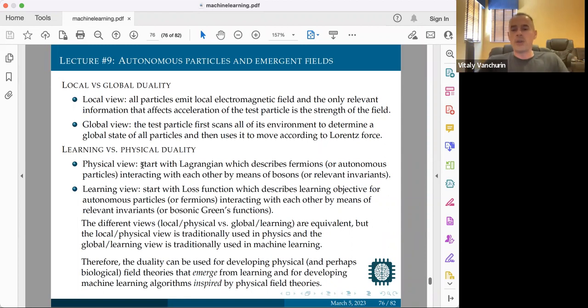Now, either one of them can be used. So you can use the physical view to help develop machine learning algorithms, or you can use the learning view to help develop field theories. And in the case of machine learning, if you have a task like self-driving, and if you follow this path and you see that the two views are the same, you will end up with some field theory. And so I would say, well, then the field theory emerged. There was no field theory. There were self-driving cars,